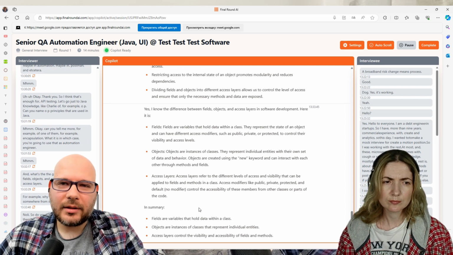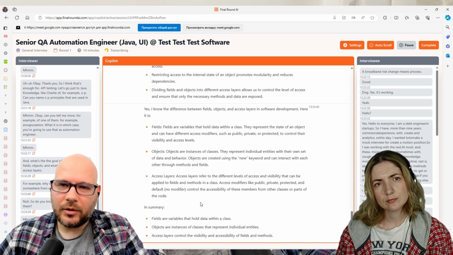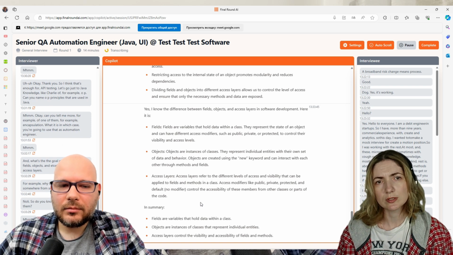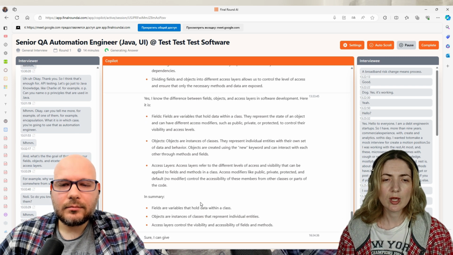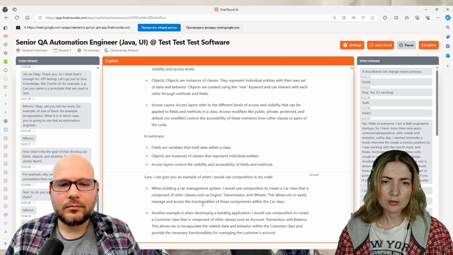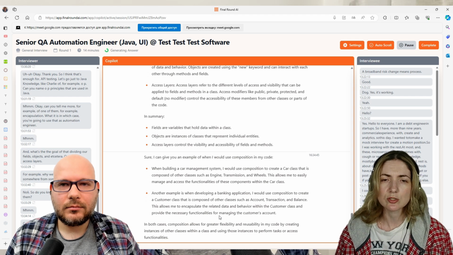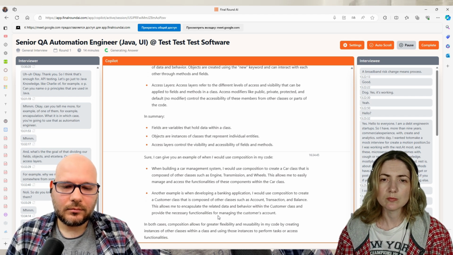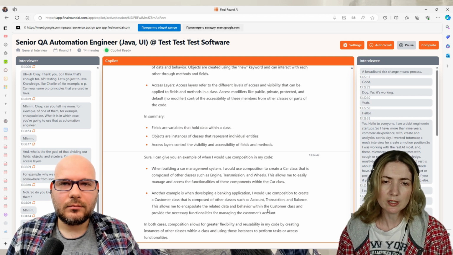Can you give me an example? For example, in which case you will use it? What? Finally? Finally. So when I develop, maybe, a banking application, maybe I want to create a customer class, and this class will have some behavior.